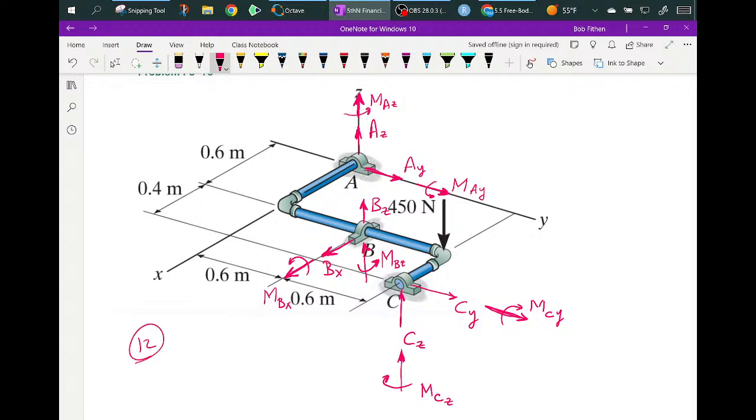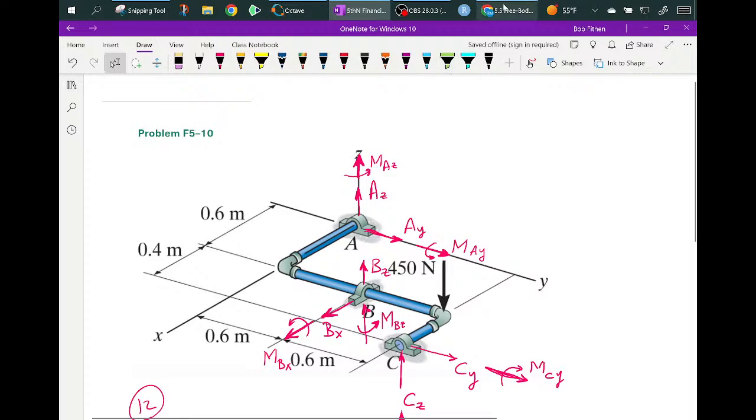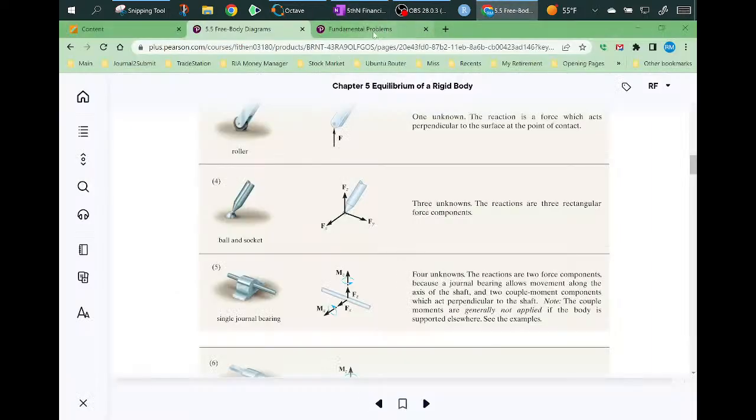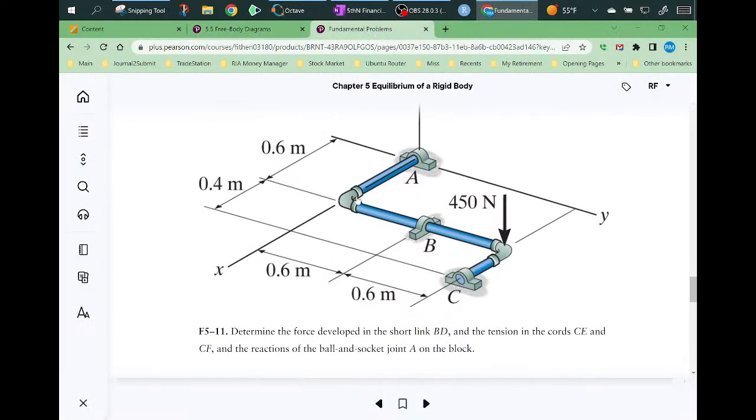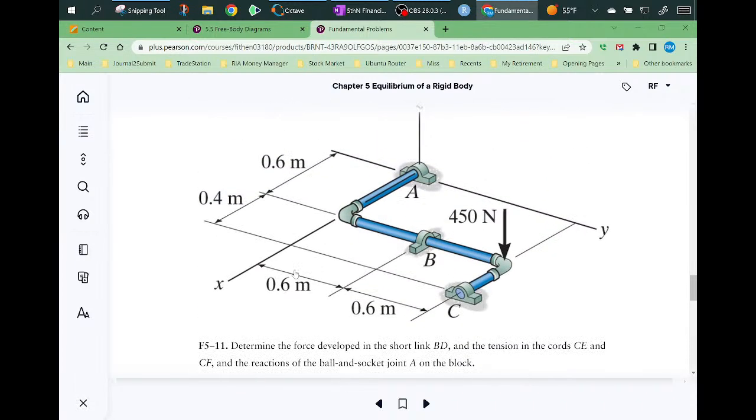So the first thing I'm going to look at is, did he do this again? Because if he did, that's not actually the way to do this. So let's take a look. F10, F5 10, and what we're going to do,